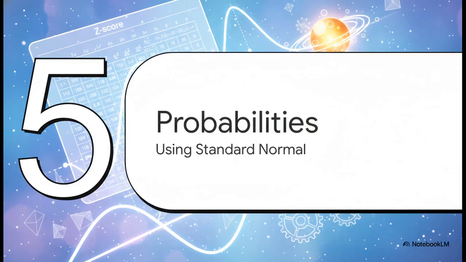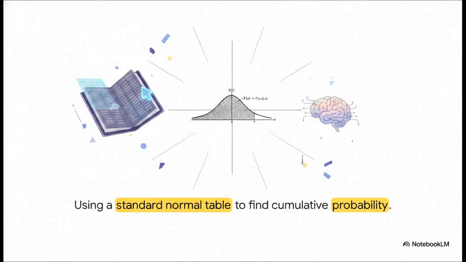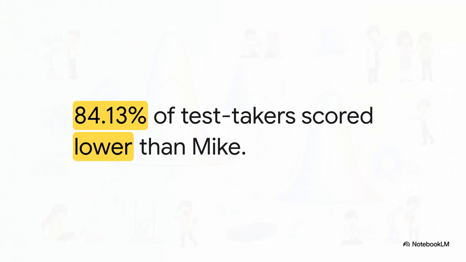And that brings us to Section 5, calculating probabilities using the standard normal. Now that we have our z-scores in hand, we can unlock real-world probabilities. By looking up your z-score in a standard normal table, you can find your cumulative probability. Essentially, it finds the shaded area representing the exact proportion of the total population that falls to the left of your specific value. Put simply, it tells you exactly how much of the bell curve is filled up below your specific mark.